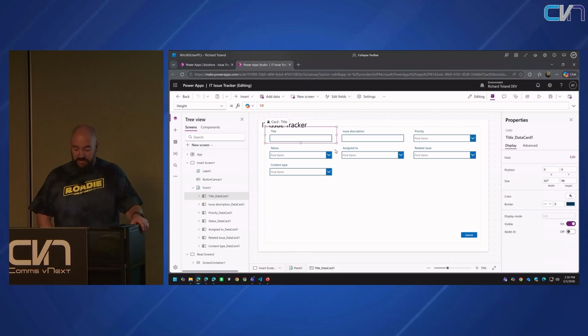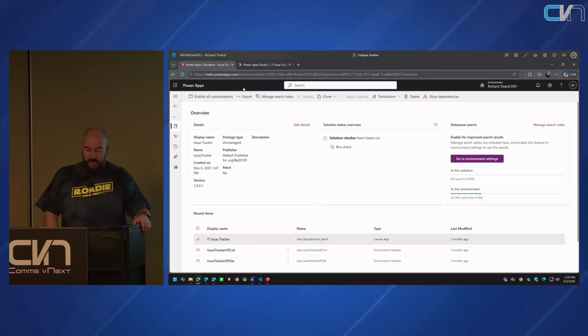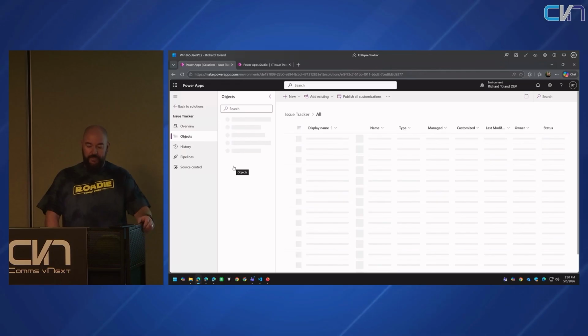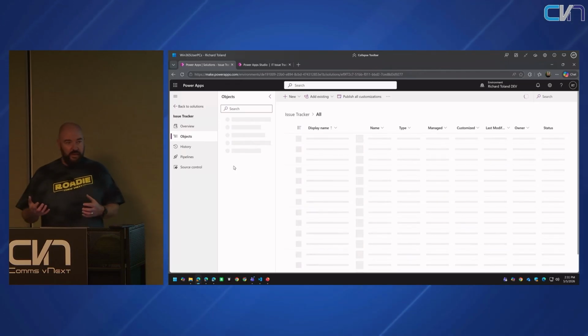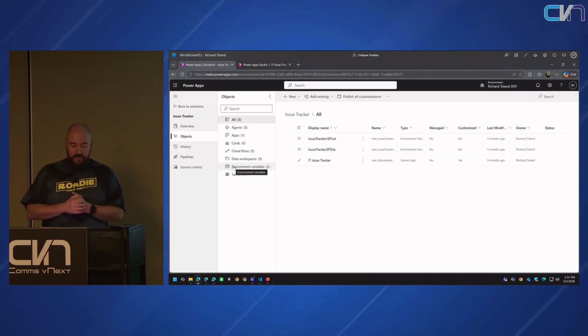This is actually plumbed to the data behind the scenes. This is using a Power Apps solution. Let me take you to the solution because you heard me say in my solution, while looking at the overview, show me the everything piece, the objects. Okay. So when you're using your Power Platform solutions packages,